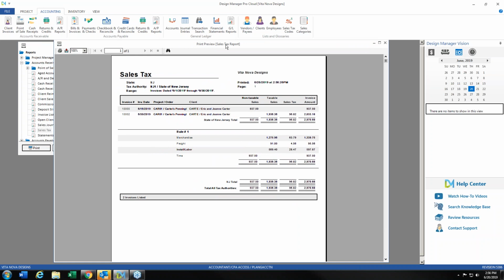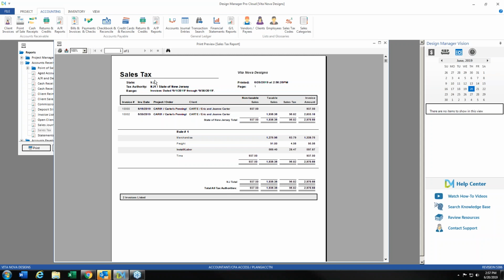report. And so if you have more than one jurisdiction that you have projects in, and you have set it up in Design Manager so that Design Manager knows which state the project's in and the proper sales tax, and as you're putting those items in, you're saying whether or not those items are taxable based on the jurisdiction, that information is going to get accumulated on this report based on invoice number. So let's say you had more than one state, New Jersey, all the New Jersey invoices would be listed on the pages,